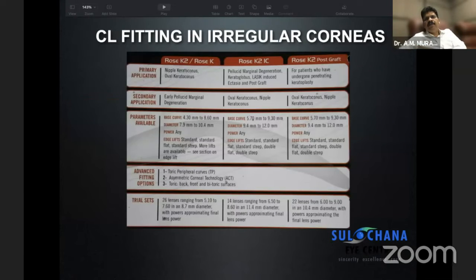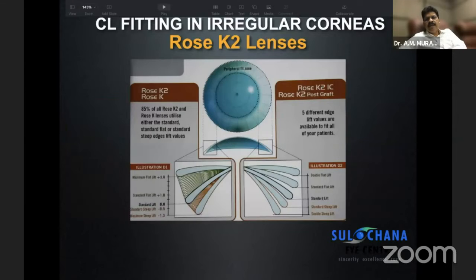You have the Rose-K2 lenses for keratoconus, then you have the Rose-K2 for irregular corneas, and then you have Rose-K2 post-graft lenses. This is the design of the Rose-K lens, wherein you see the lens has a central curvature and a peripheral curvature. You can fit the lens on the cone and not bother about the peripheral part straight away. First, you make sure that you get your central fitting properly. And then, as you can see in the